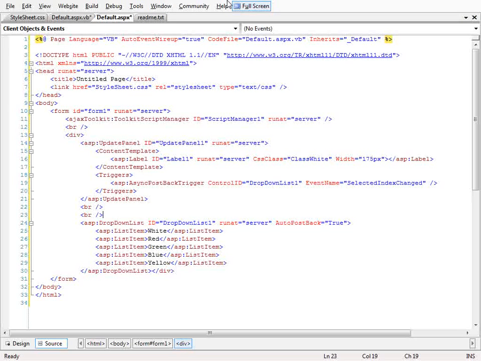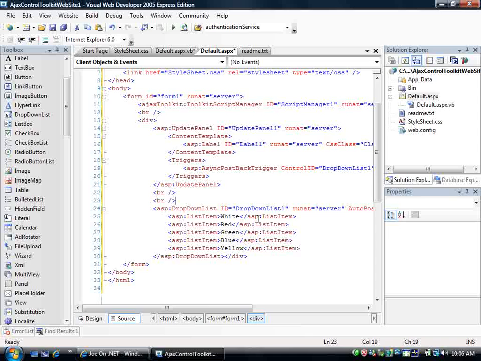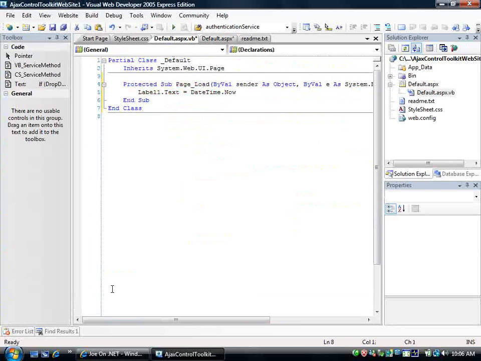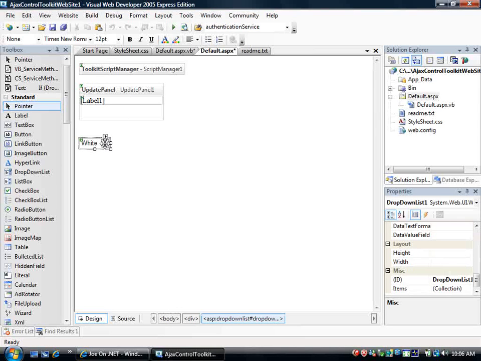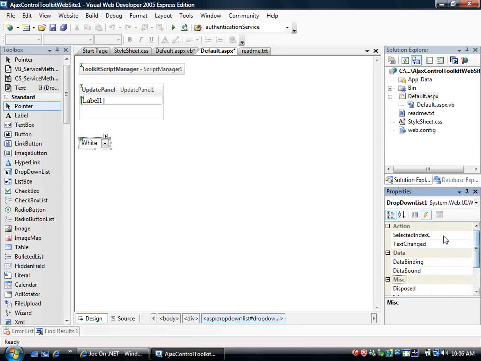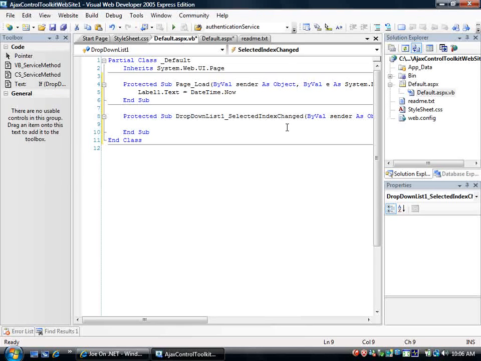Now, since we want something to happen when this update panel gets updated, let's hop back over into design mode here for a second. Look at the update panel, switch to event views, and generate an event for selected index changed. And what we're going to do here is dynamically update the background color of the label 1 control. So let's say if